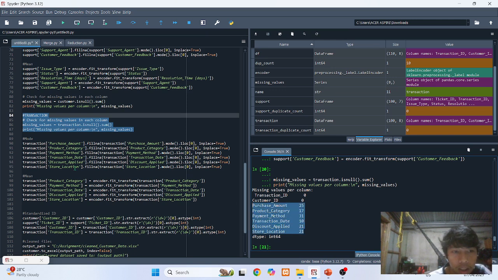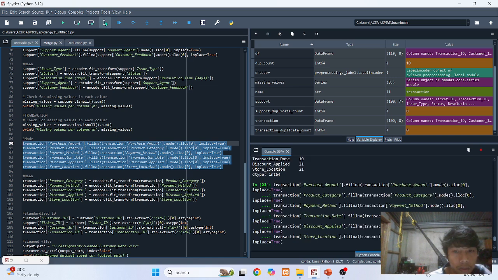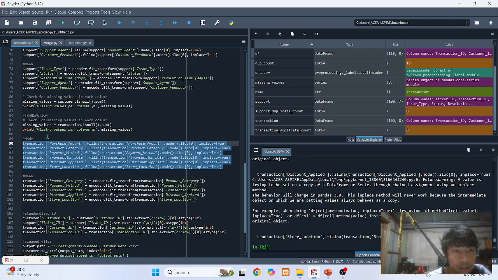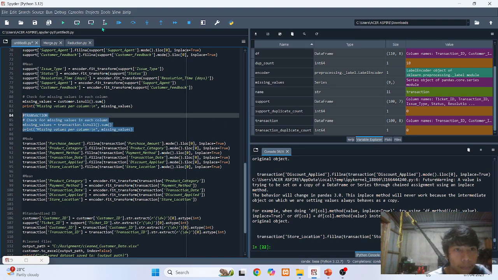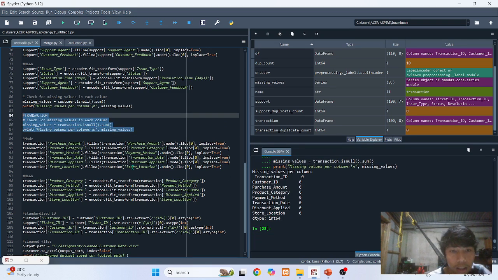So we're going to treat that missing data in order for us to clean the dataset. We're going to use mode. After performing this, there should be no missing data left. After running this line of code again, the transaction should be 0. As you can see, all the missing data have been fixed.